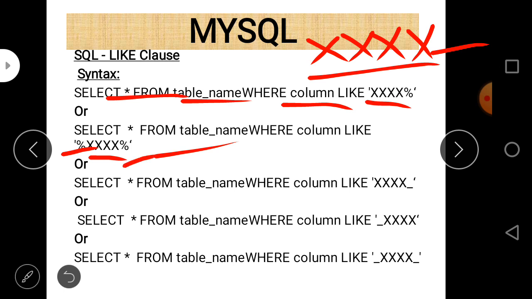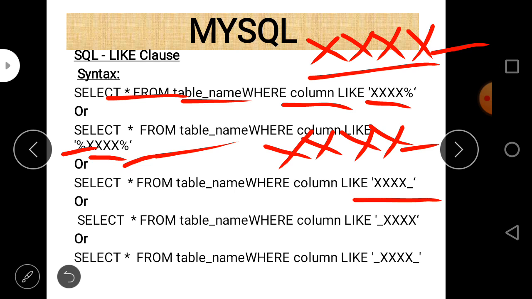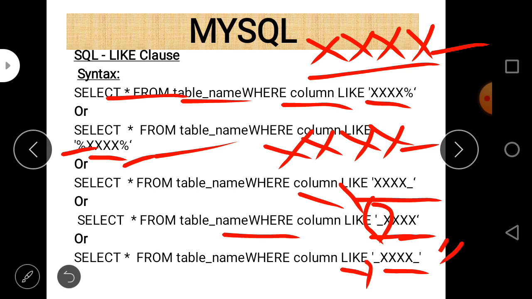And the third case is a string that starts with xxxx and has a last character, which may be a, b, c, d, or it may also be x. The next case is xxxx with underscore signs here, so it may be any character at those positions, and the other positions are fixed. Similarly, these are fixed, and at the positions of underscore there may be any character.